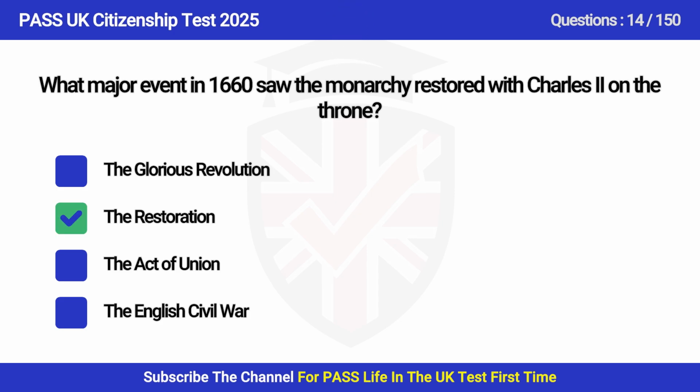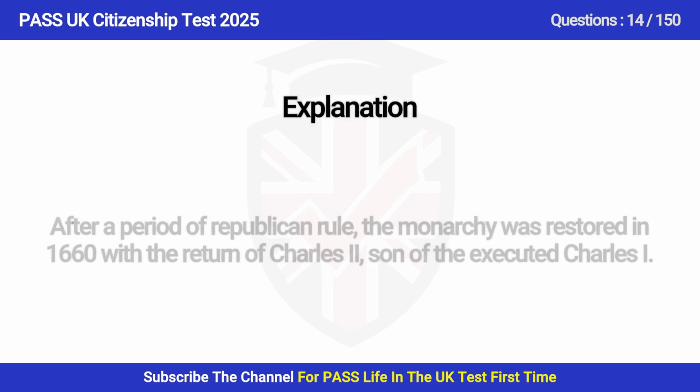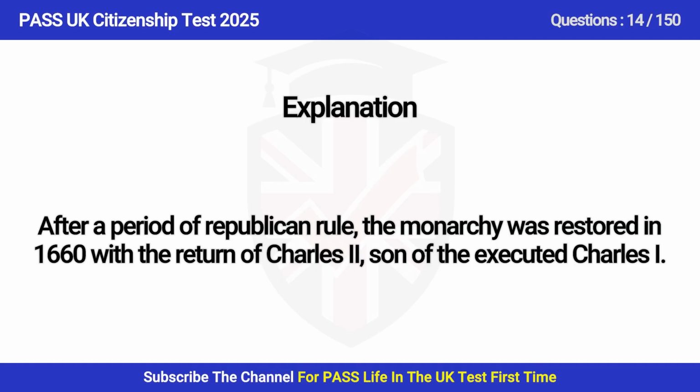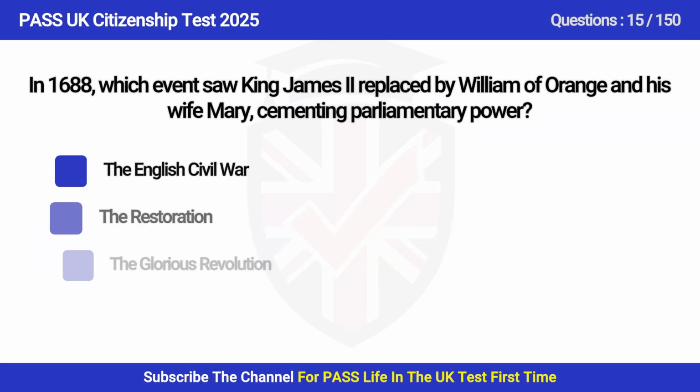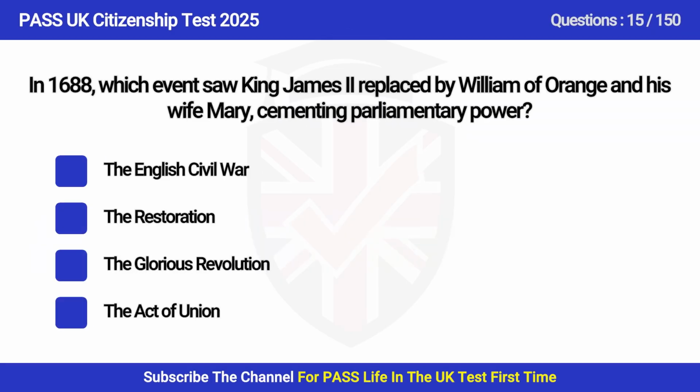Answer is B. The Restoration. After a period of republican rule, the monarchy was in 1660 with the return of Charles, son of the Charles I. Question 15. In 1688, which event saw King James by William of Orange and his wife Mary, cementing parliamentary